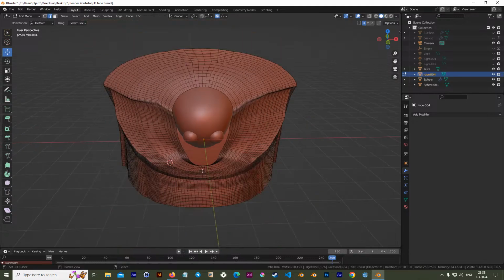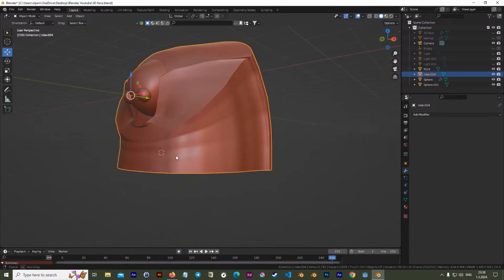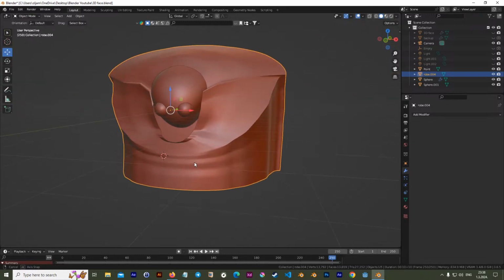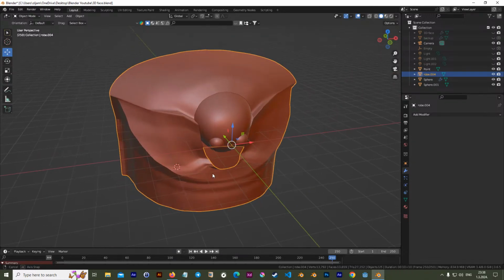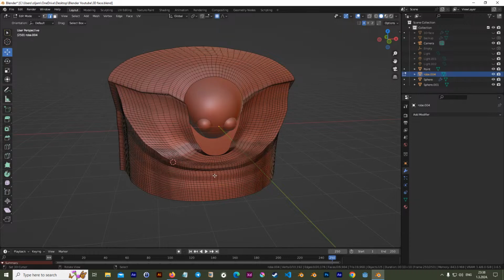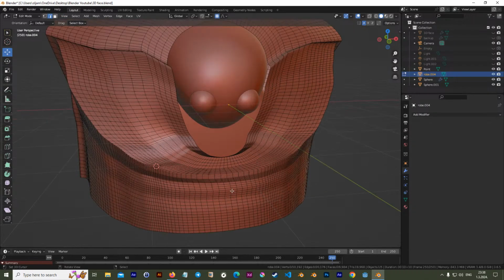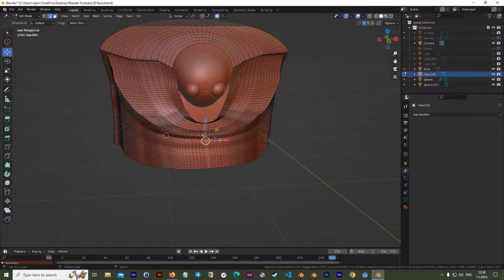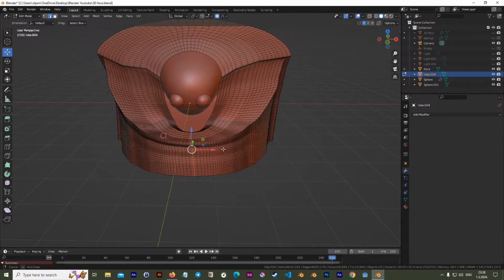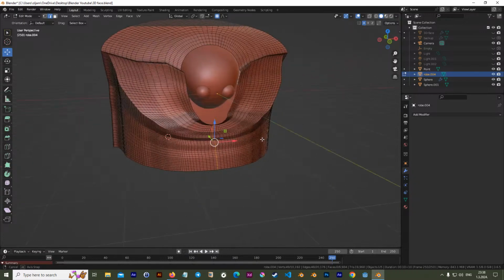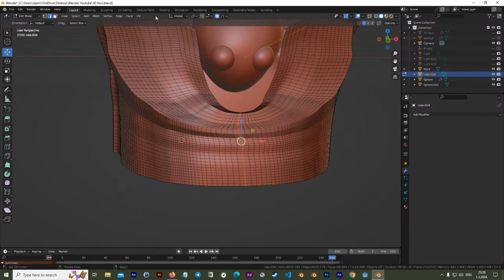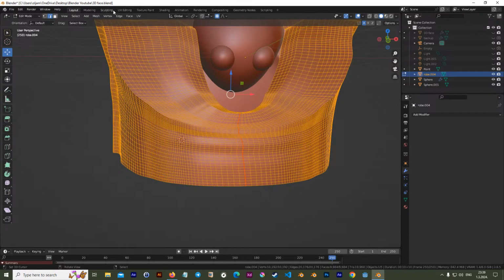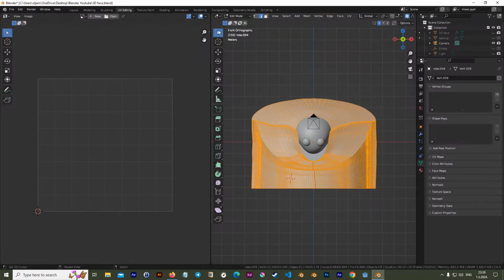Let's UV map it. As this is basically some really weird open cylinder, I will use the same way of mapping. Should I put the seam here or in the back or by the side? No, I will put it right here in the center. I will put a seam right here. I will select it all. I will go to UV editing and I will say